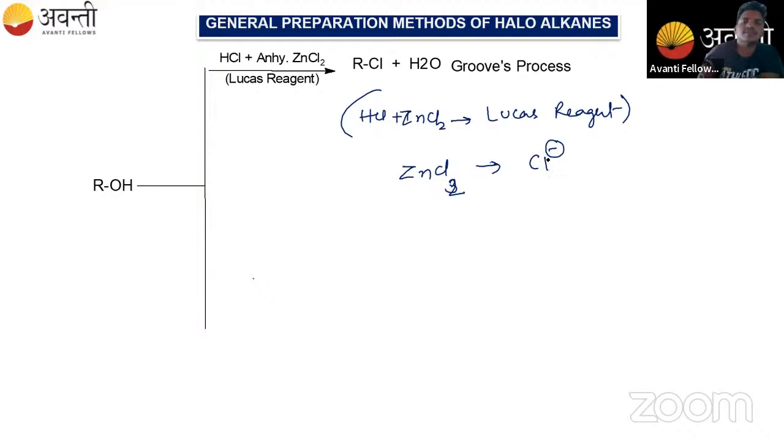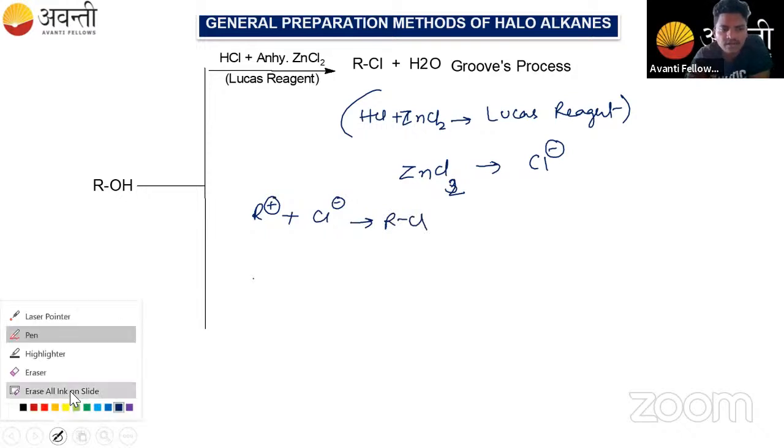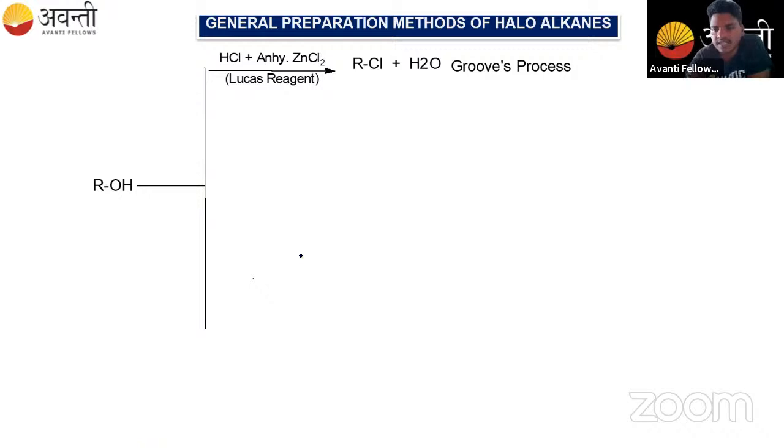You are going to get Cl minus upon this particular reaction. So from this reagent, you are going to get a nucleophile, Cl minus. Now here this will undergo carbocation formation. Lucas reagent is going to form a carbocation, and here you are having Cl minus, so both are going to form a bond as RCl. So very simple thing. All I want to say here is that Lucas reagent is able to form a carbocation,